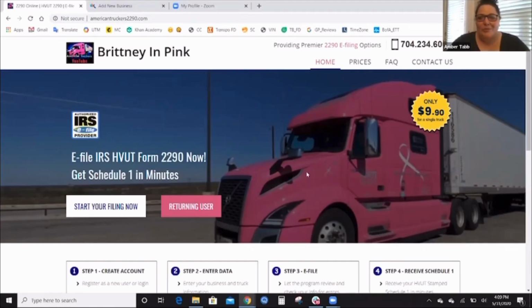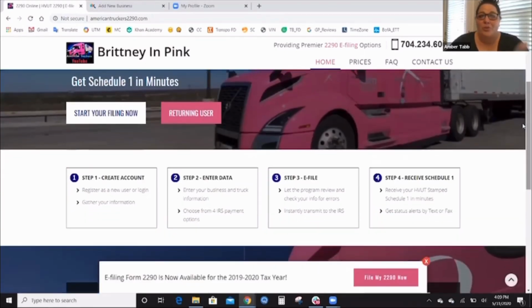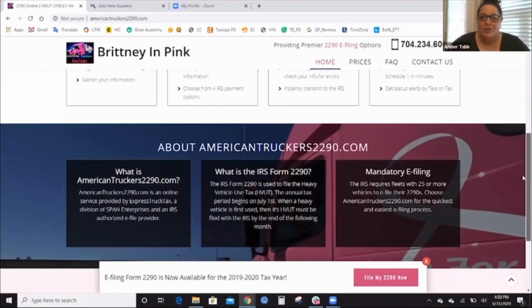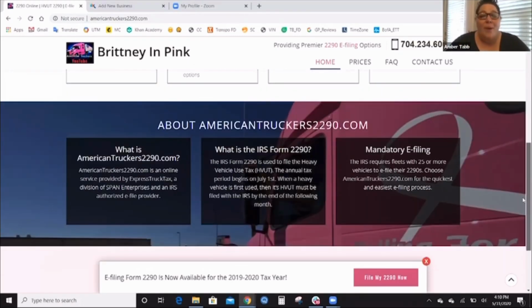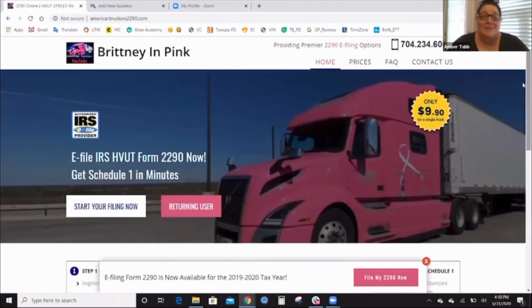They'll see your beautiful truck here, and then they will be able to scroll down and go through the different steps that you'll need to do to file the 2290, a little bit about American Truckers 2290 and Express Truck Tax, since we've kind of partnered together for the Form 2290. But I really just want to jump right in and show you how easy it is to file the Form